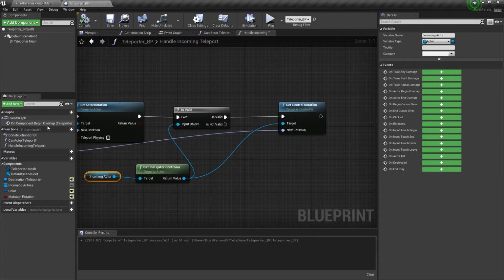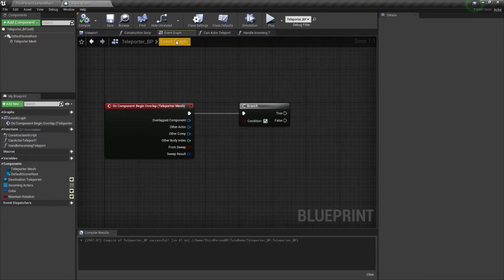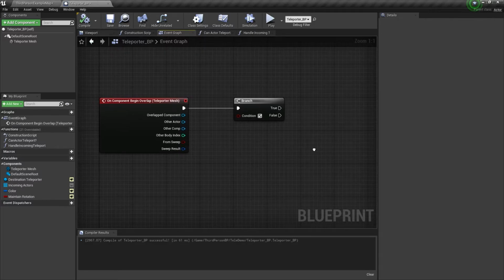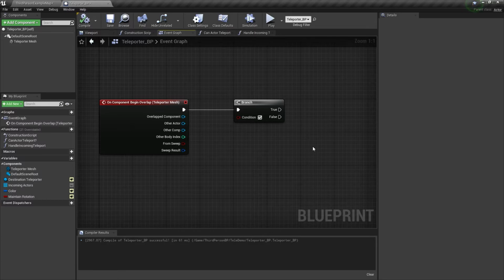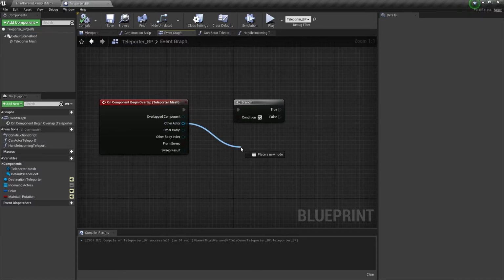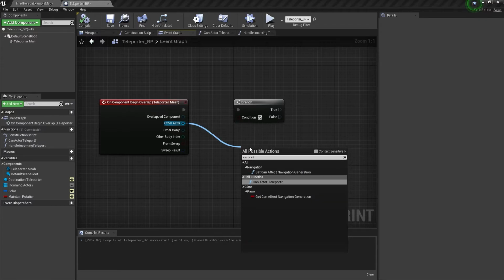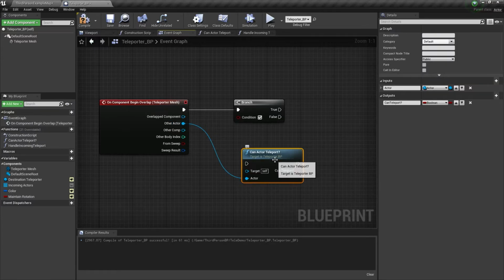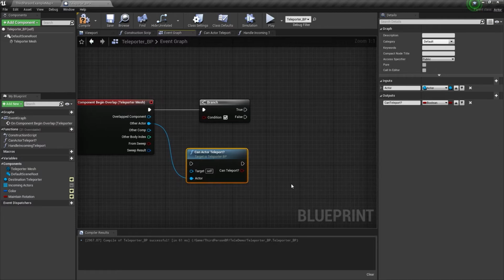Next we need to go back to our event graph. So let's go up here, event graph. What did I do in here now? Okay, so in this event graph, we need to call the function that we made, can actor teleport. So on the other actor, we need can actor teleport, and there's the function we made right here. Okay, and we then need to hook this up as the condition for our branch,